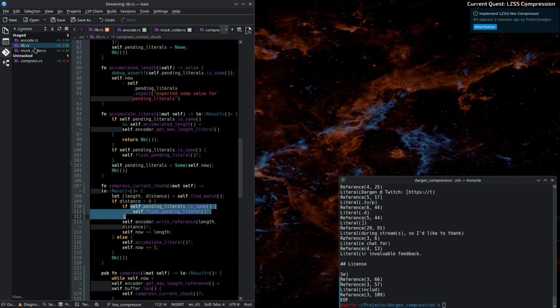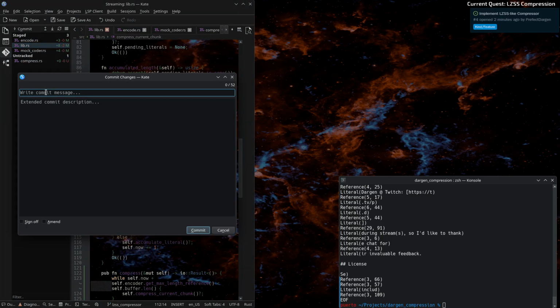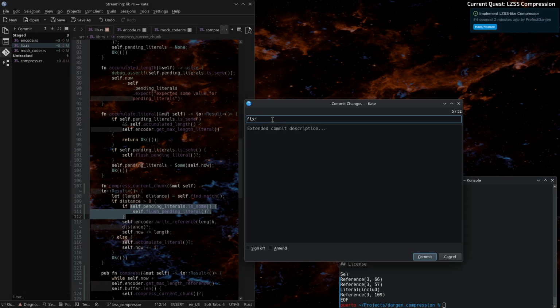Anyways, let's do it anyway. Track compressors. But anyways, so stage commit fits compressor